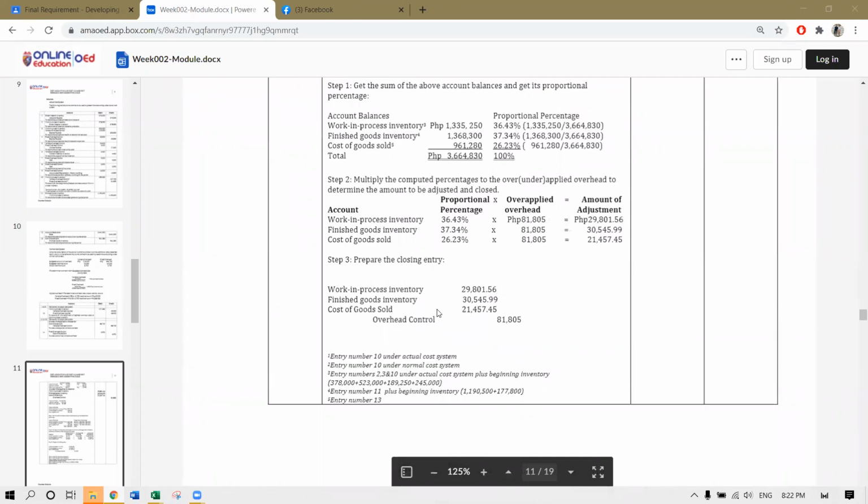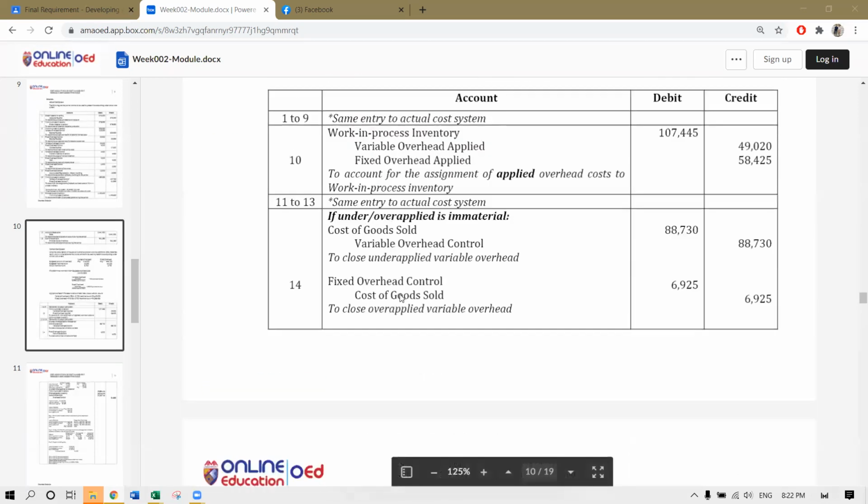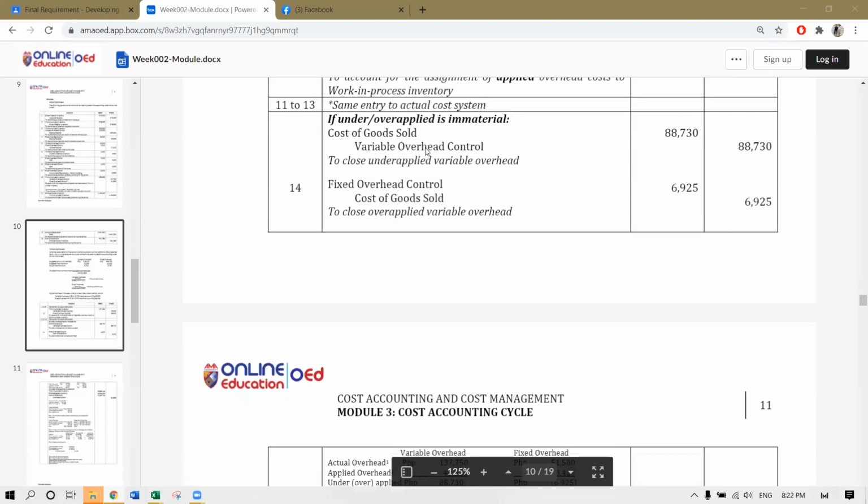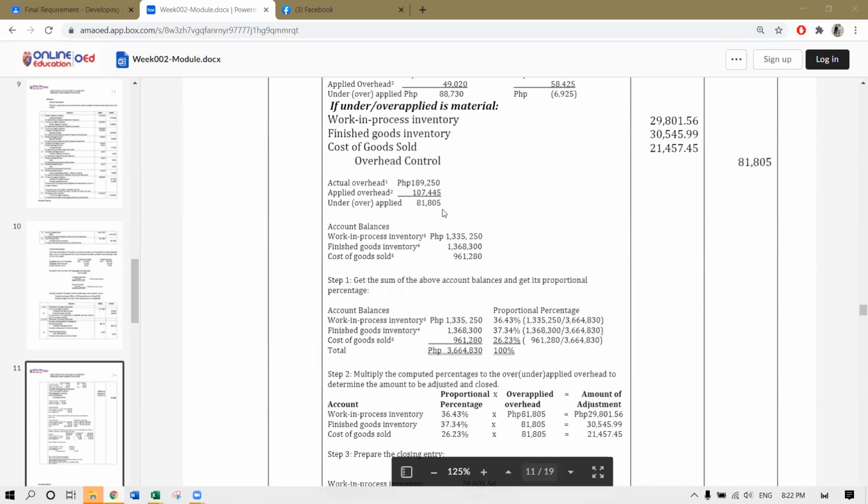So it's a debit because it's an under application. Work in process, debit. Finished goods inventory, debit. And cost of goods sold, debit. Credit, overhead control. So we debit here because this is an under application, and we adjust the balances of each. Unlike the earlier part, where only cost of goods sold was adjusted, here, because it is material,